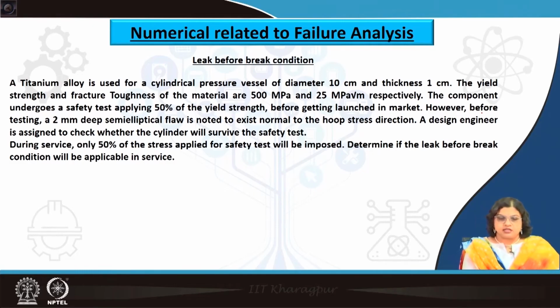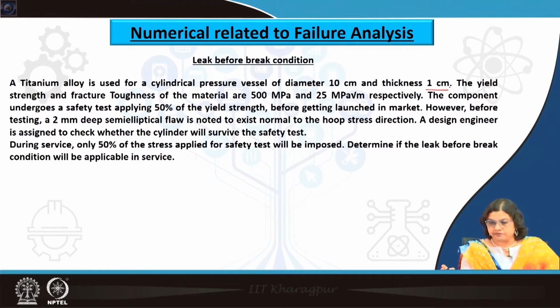What it says is a titanium alloy which is used for a cylindrical pressure vessel which is having a diameter of 10 centimeter and thickness of 1 centimeter. The yield strength and fracture toughness of this material are 500 MPa and 25 MPa root meter respectively, and the component undergoes a safety test applying 50% of the yield strength before getting launched in market. So, this is very essential. Before something is being launched, it is always tested at a condition which is more severe than the